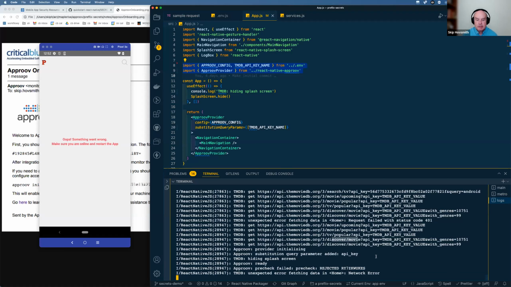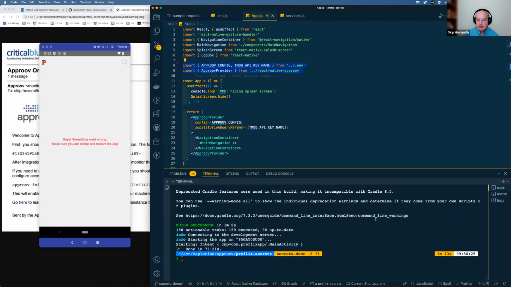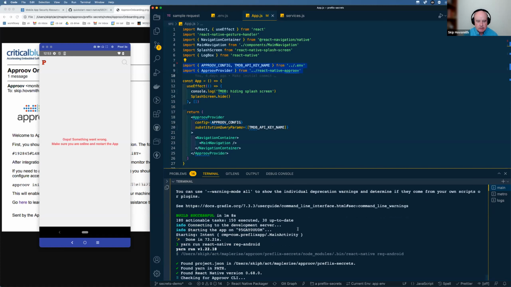So the one last step we need to do is actually register this application with approve so that approve can recognize it. So this is kind of akin to if the device was rooted. If the device has been tampered with, approve will say, I don't recognize this, it's not authentic. So in this case, we just need to give the application a registration to do that. So I'll go ahead and add that. And I'm going to run register Android. This is just a convenience function that will register the app for an hour.